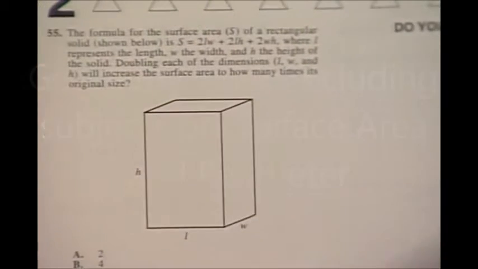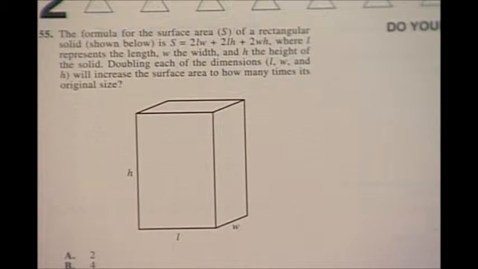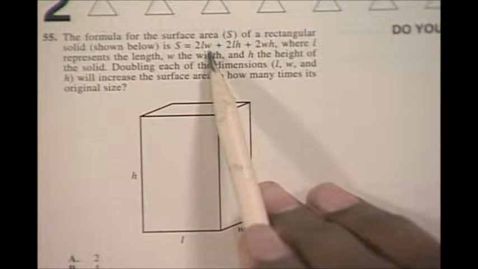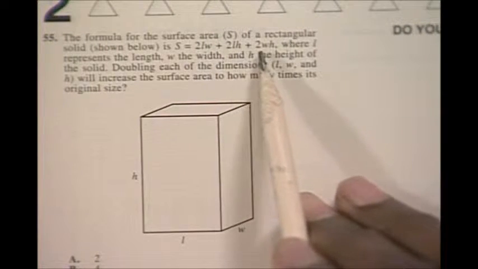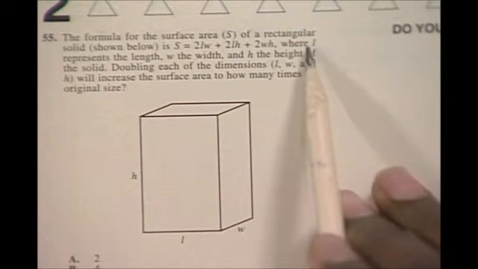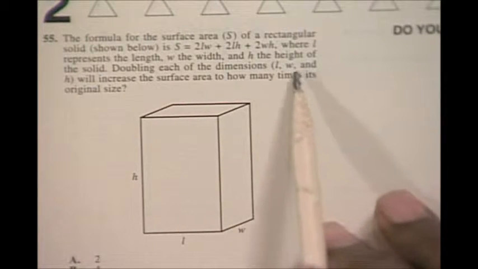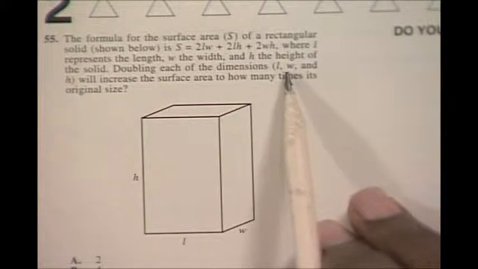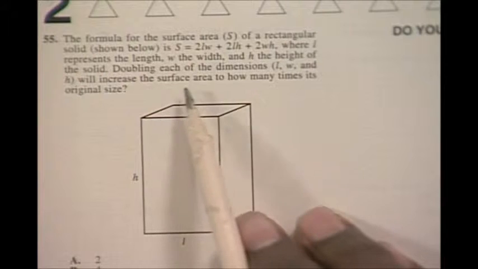All right, so the problem reads: the formula for surface area of this rectangular solid shown is 2 length times width plus 2 length times height plus 2 width times height, where L represents the length, W is the width, and H is the height of this solid. Doubling each of the dimensions L, W, and H will increase the surface area